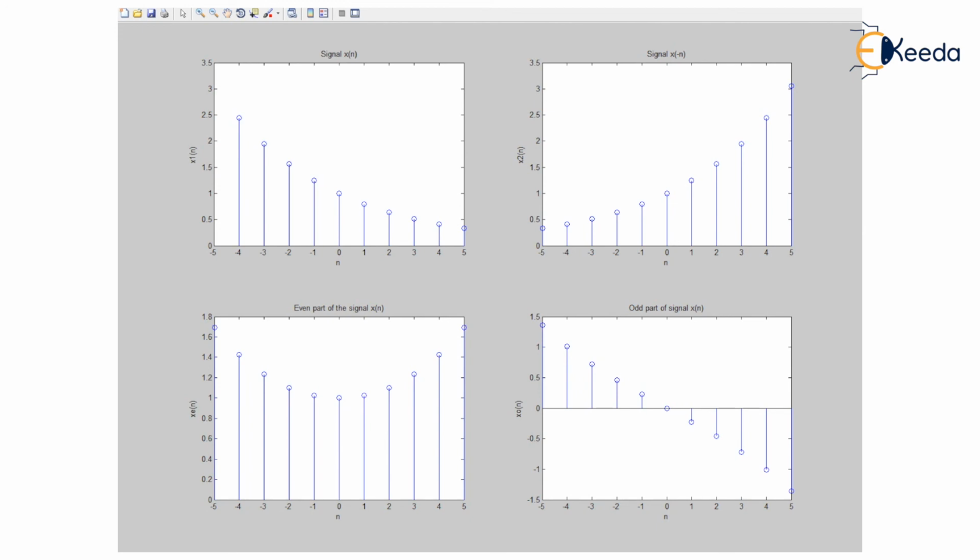So this is what our topic was. It was the topic MATLAB program parts of signal. So this was from chapter 1 digital spectrum. In the next lecture we shall continue with the same chapter digital spectrum, and there it will be another topic where again we are going to make use of the MATLAB environment for programming purposes. In that particular topic we shall deal with energy and power of the signal.